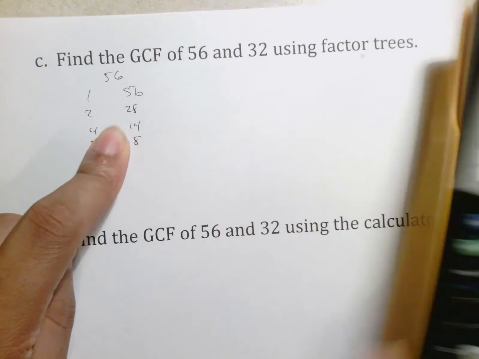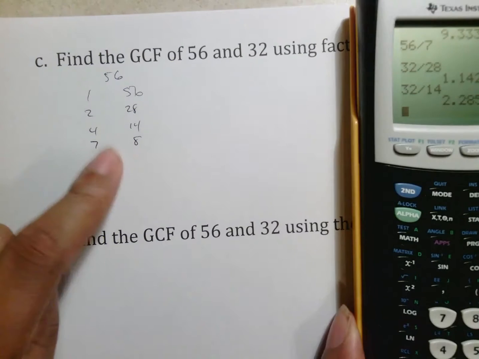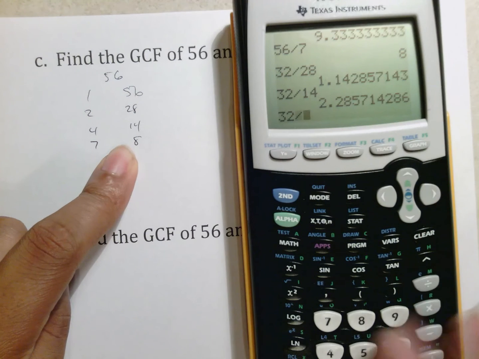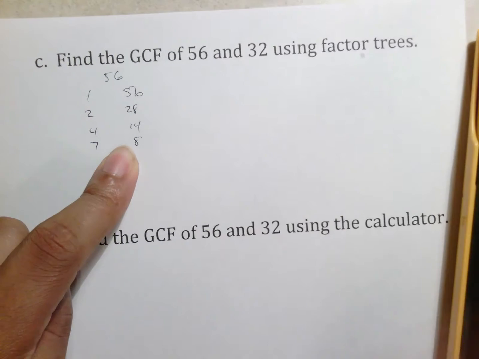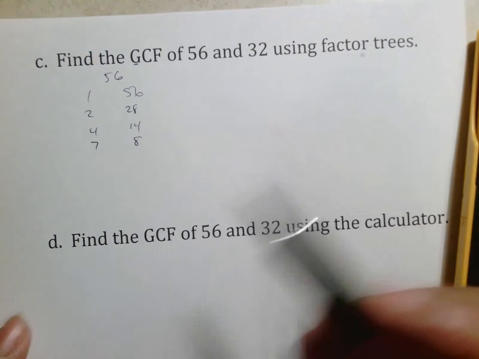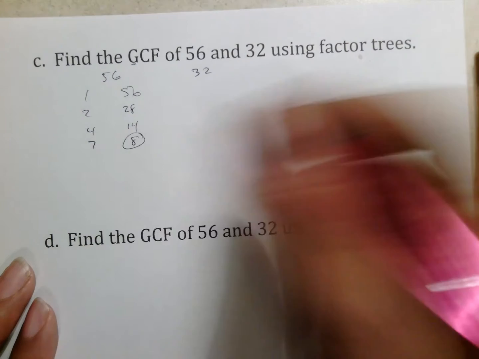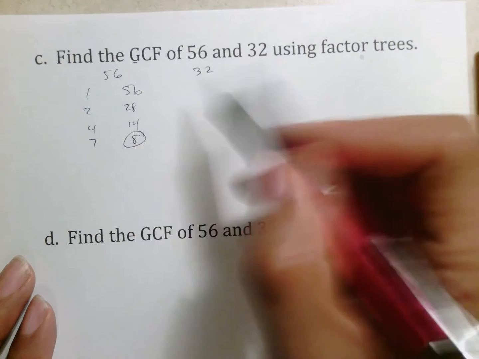14 doesn't go into 32. I believe 8 does. Notice I'm starting from the big side first because I'm looking for the greatest common factor. Don't start from the low side, you'd start from the high side. But either way, I already know the answer is 8, but that's because as you get used to it,